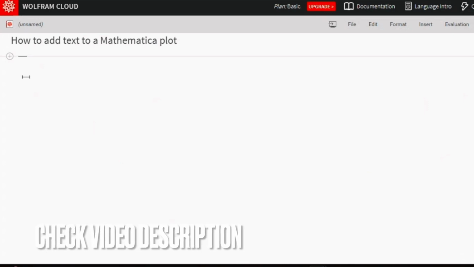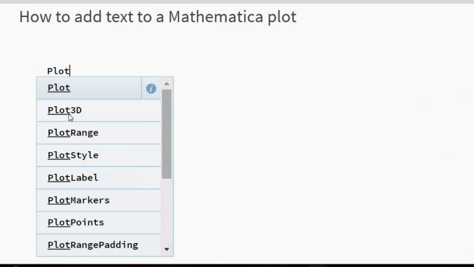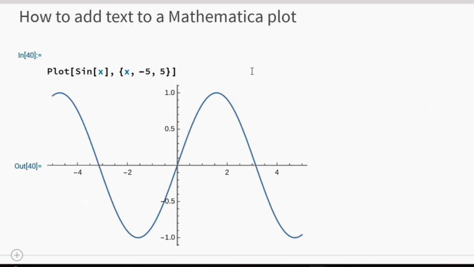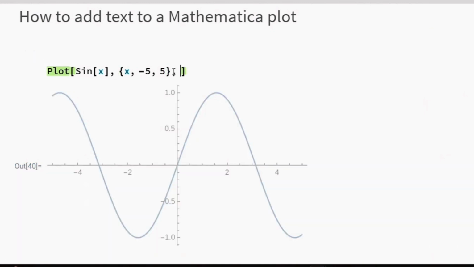So let's get started. I'm just going to zoom in a bit so the code is easier to see, and I'm just going to use the Plot function to create my plot. So that is my plot, and I want to actually label the plot, but I want to put the label in here on the graph as opposed to a title. So to do that, what we're going to do is put a comma, and you're going to